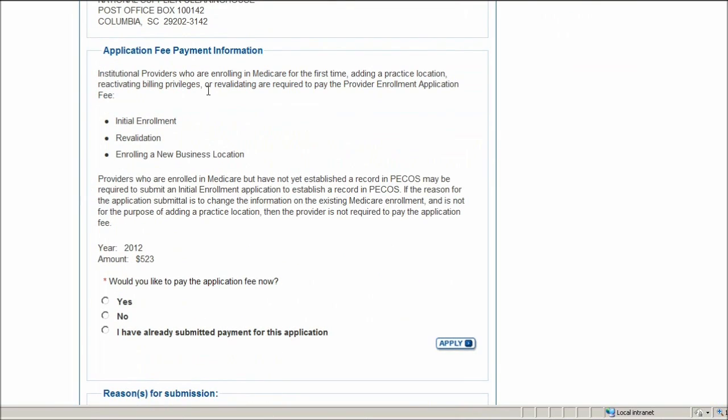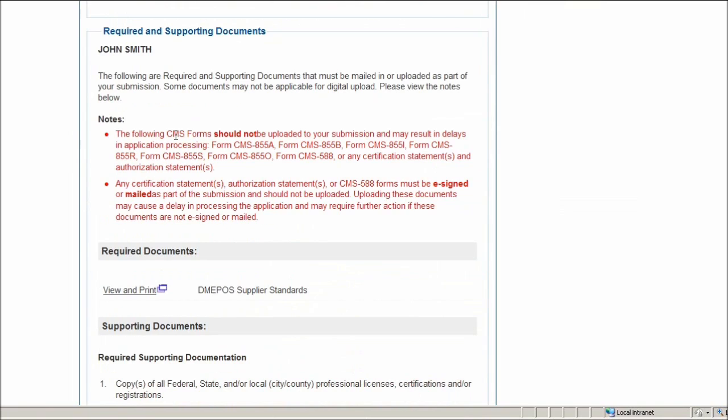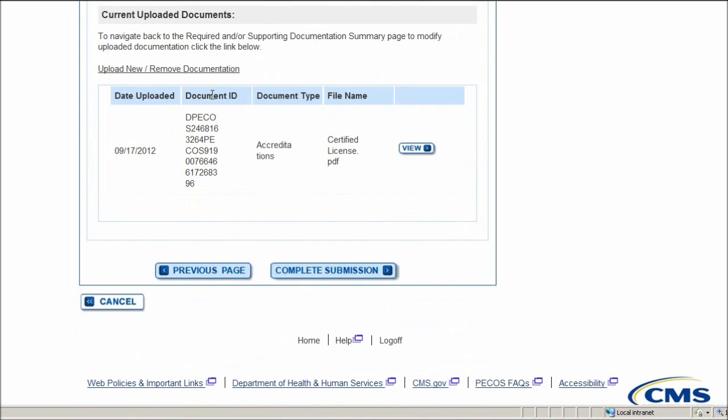The next section is explaining the application fee payment information. For this example, I'll go ahead and say I've already submitted the payment for this application and click Apply. The last section is the Required and Supporting Documents section. Please find some of the required supporting documentation as well as important key information for the application process. Please review this information as well as the currently uploaded documents before moving on to the next step, which is